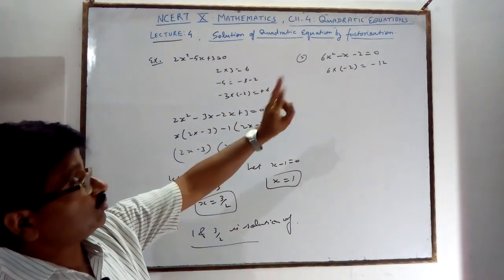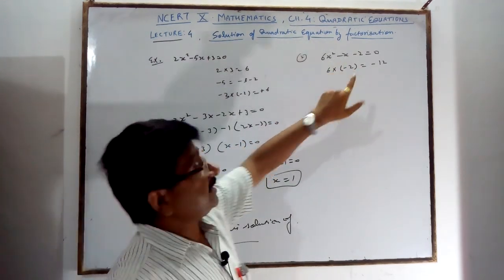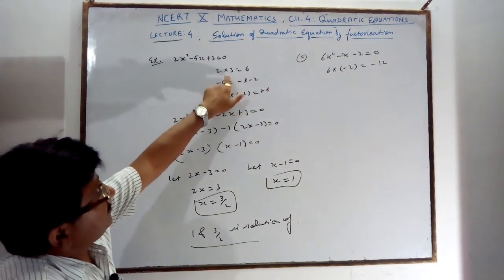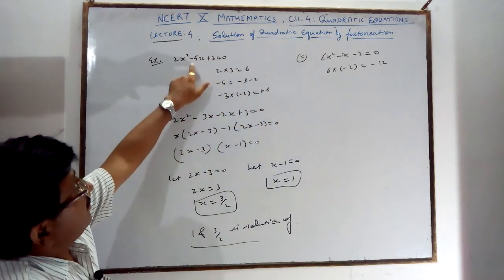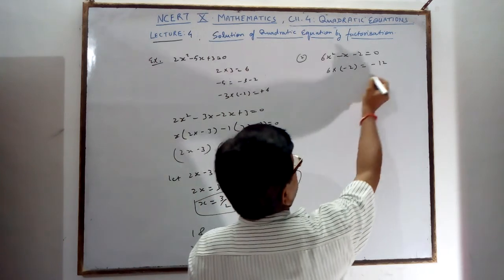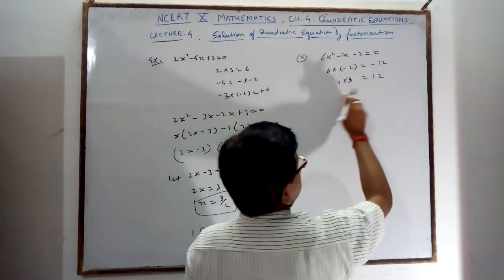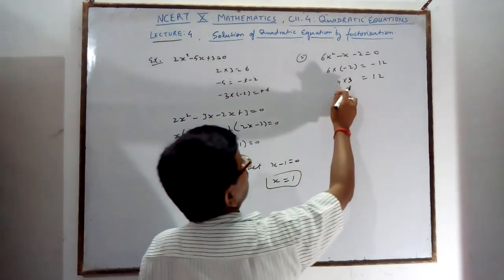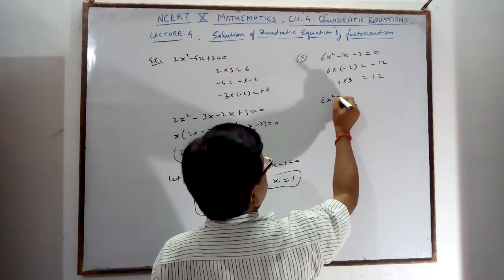Factorize the 12 into two factors whose sum is minus 1. It means like here, if both are negative, then their sum is negative, and minus 3 into minus 2 gives you plus. One positive and one negative gives you minus. So here 4 threes are 12. It is a 9th standard thing. So 4 and 3 will be here, and 4 minus 3 is 1.